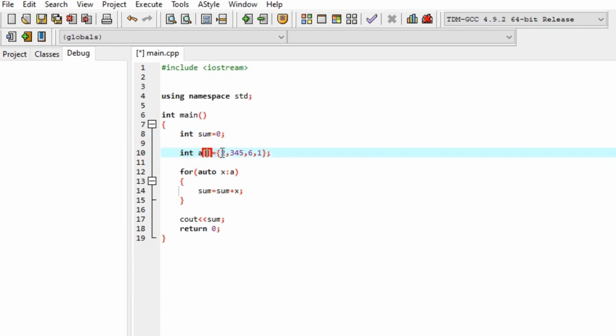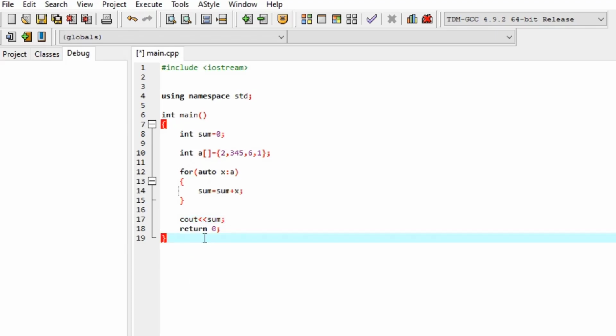After that it initializes the values 2, 3, 45, 6 and 1, and they are stored into the for each loop variable x, it is assigned to x, and the sum value is incrementing. Finally the sum value will be the addition of these values, and we see the output. We have to observe all these step by step by using a debugger.